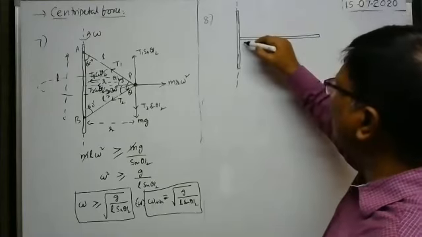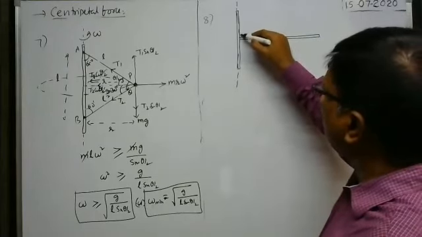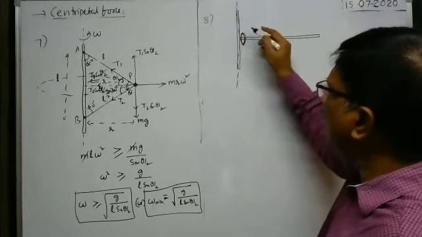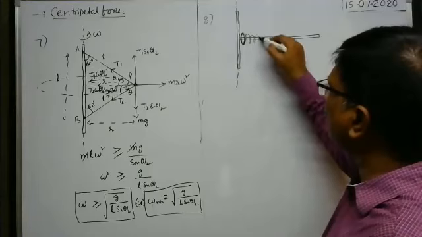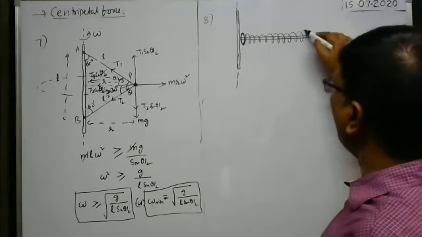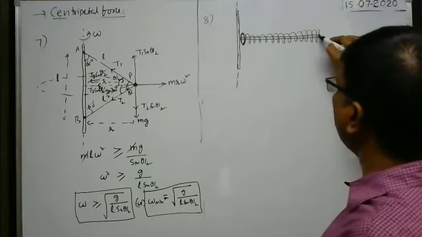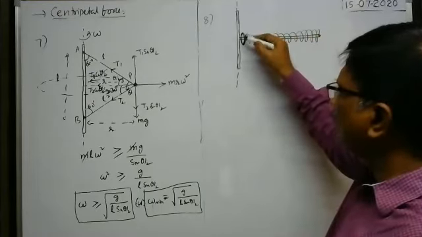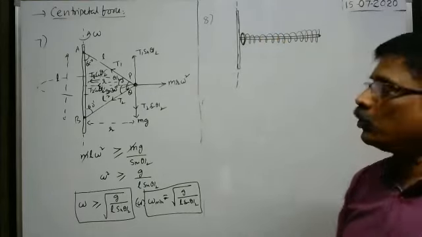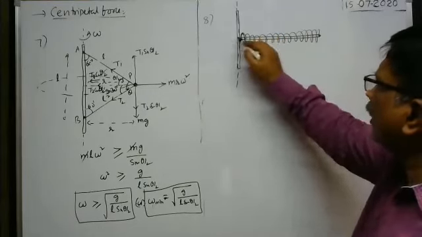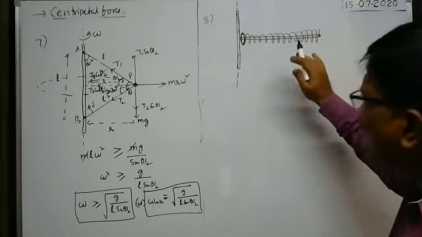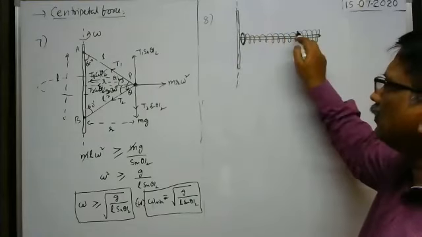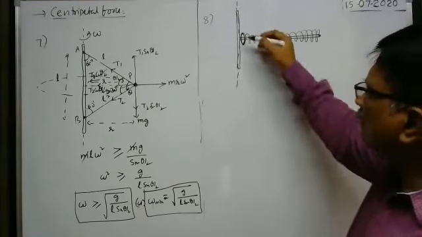Over this smooth rod, one ring is passed and it is connected to a light spring. One end of the light spring is fixed to the free end of the rod, and at the other end the ring is fixed. The ring can move smoothly without friction along the rod. Initially, the ring is exactly at the axis of rotation of the rod. Now, the mass of the ring is say m.